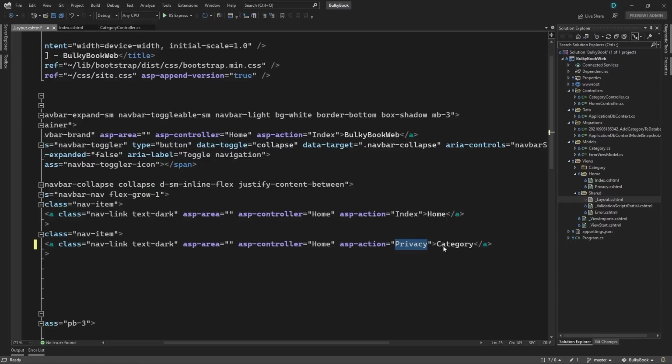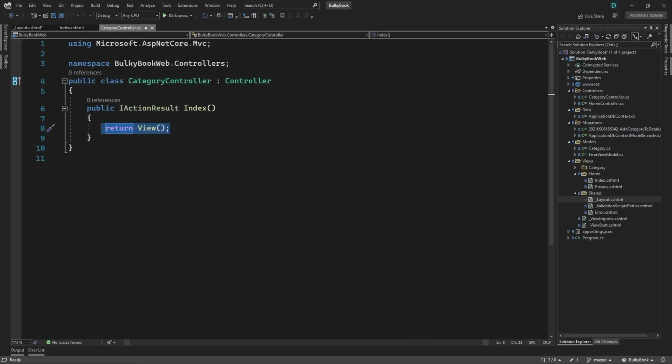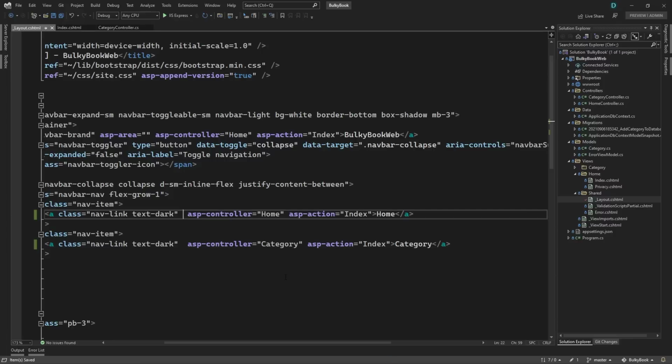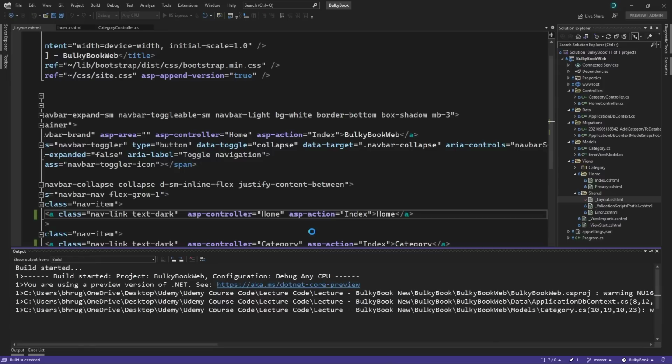And in order to go to the index page, how can we navigate to this particular view that was created? It is inside category controller, and we have index action method. So here to navigate, we can define the controller name is category, and the action method is index. We are not using areas here, so you can keep that blank, or you can also remove them if you want. If you save this, let's run the project one more time and make sure we are able to navigate